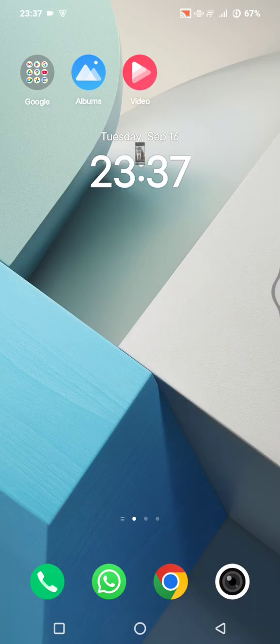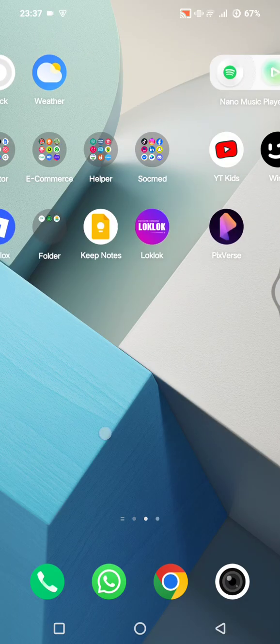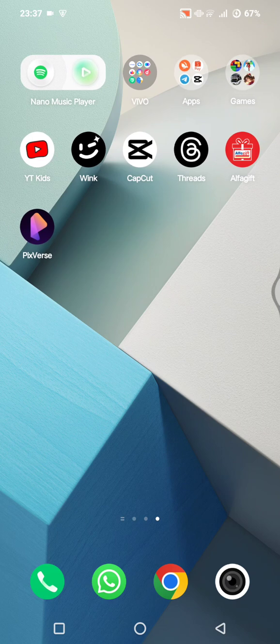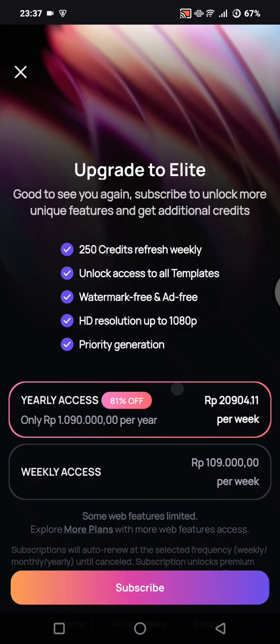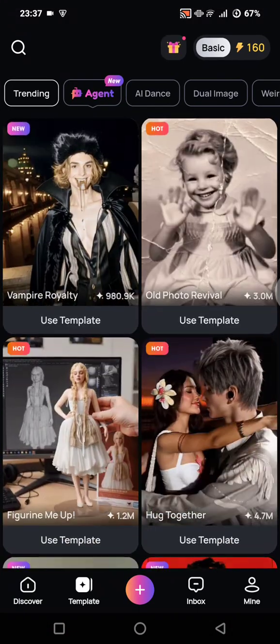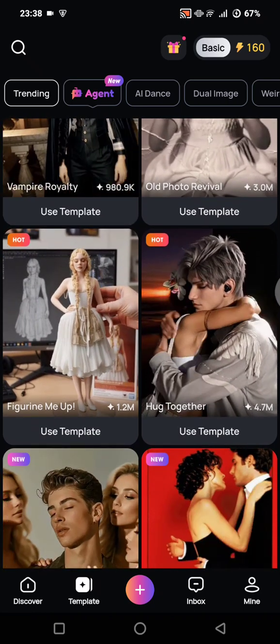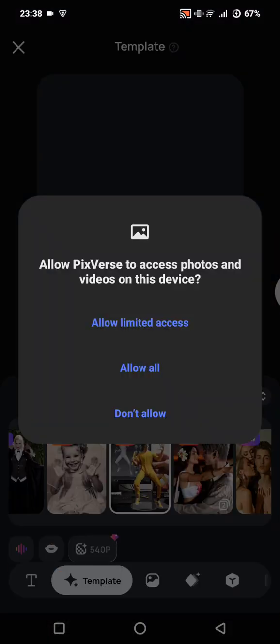So once the image is downloaded, to turn it into a video or to make it alive, you can use this app called Filmora in here. Now you can just head to the template options, and on the trending options in here, if you scroll down, you'll see this option, figurine me up. So click on the use template,